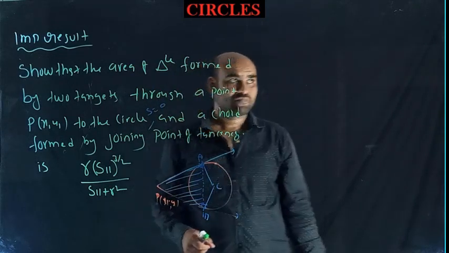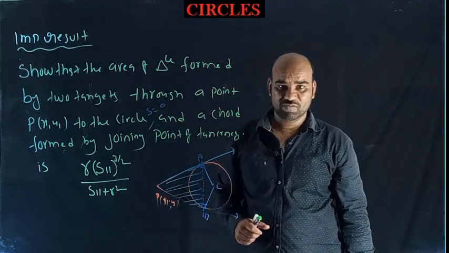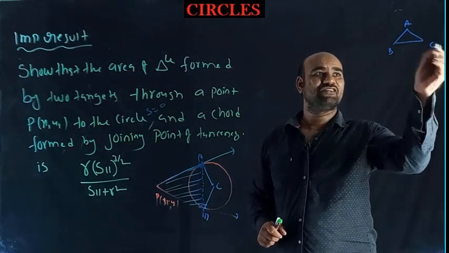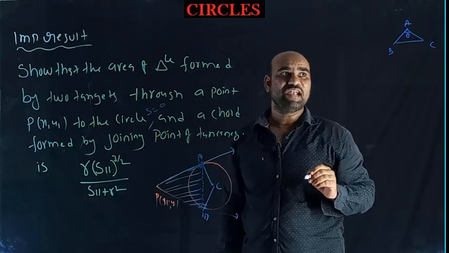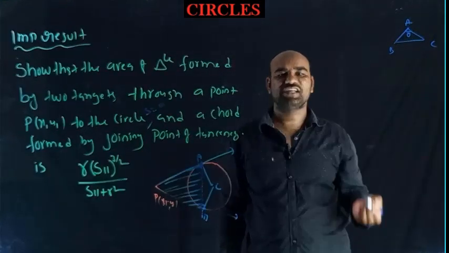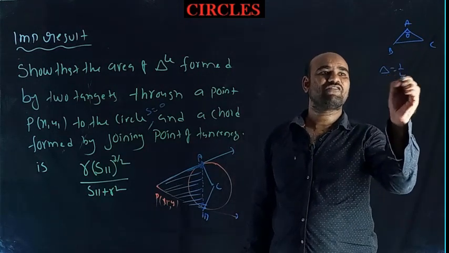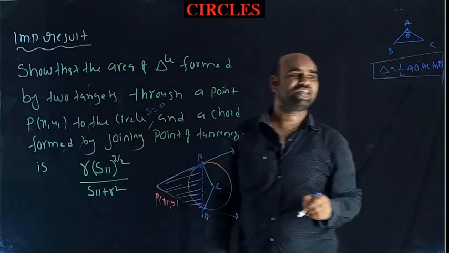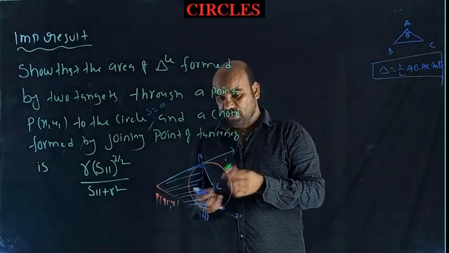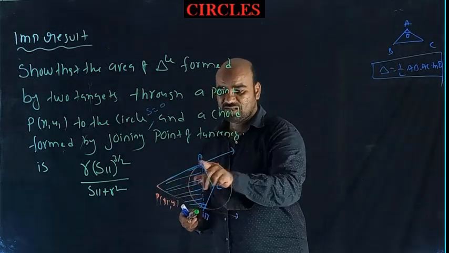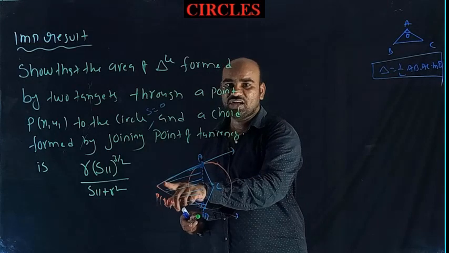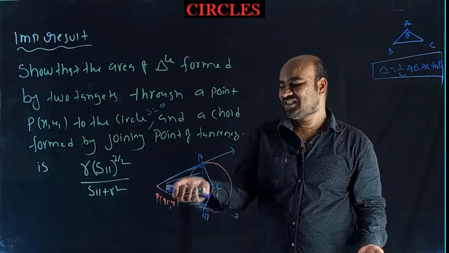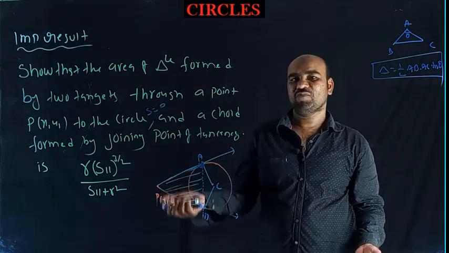Easily you can prove it. So what concept is required for this problem? If a triangle ABC is given and angle A is theta, and lengths AB and AC are given, we can find its area using the formula half into AB into AC into sin theta. To find the area of this triangle, I want to find the PA length, the PB length and angle theta. PA length is nothing but root S11, PB also root S11. It is enough to find this angle. Already we have a formula to find that angle.